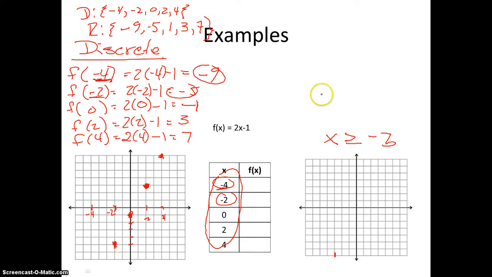Right there. Now, we're going off of the function 2x minus 1. We know the graph of this function already based off of these previous data points. However, we could say we're here. At 2, we're at 3. And at 4, we're all the way up here. So, however, when x is greater than negative 3,